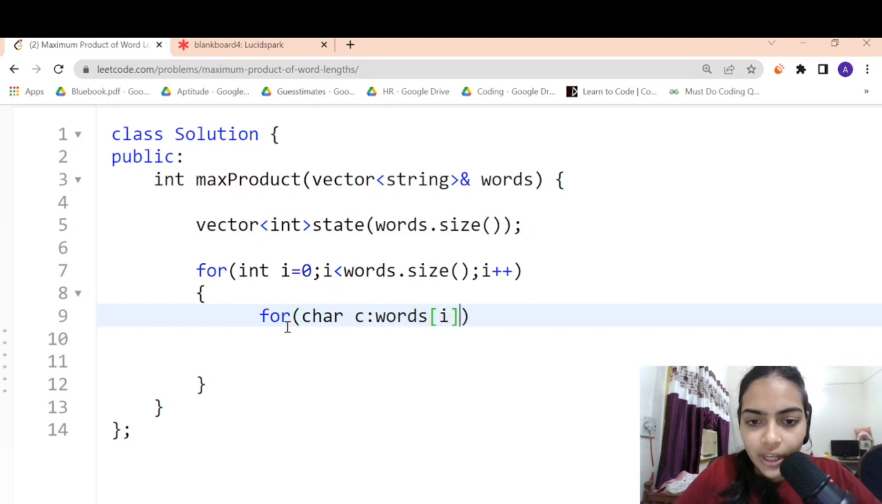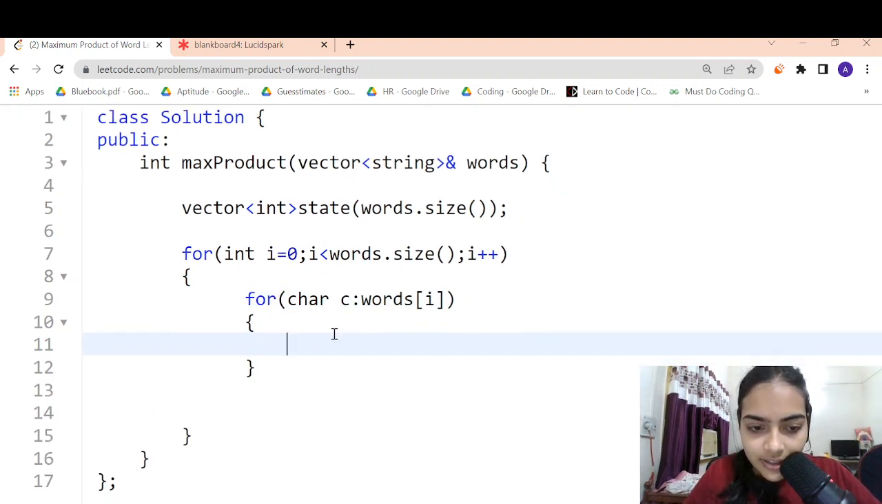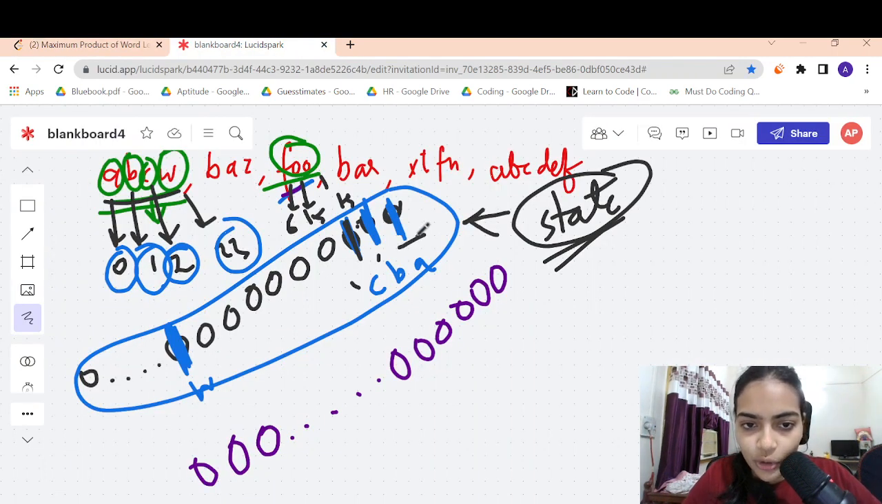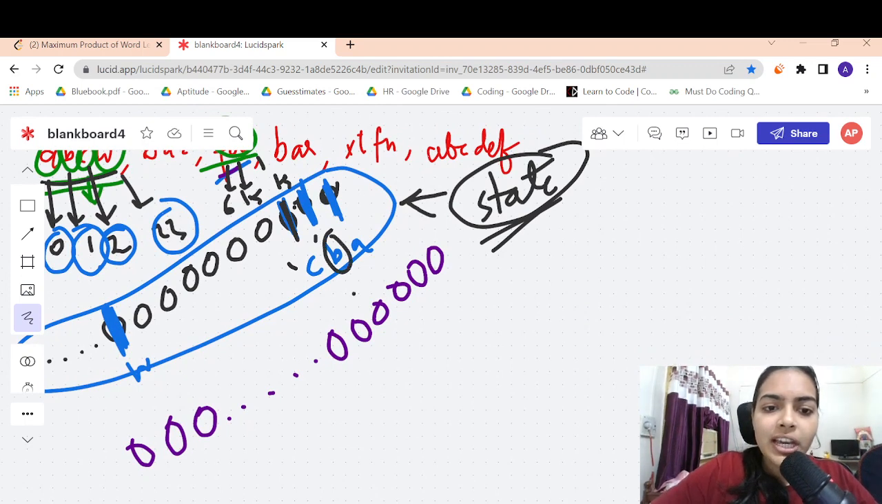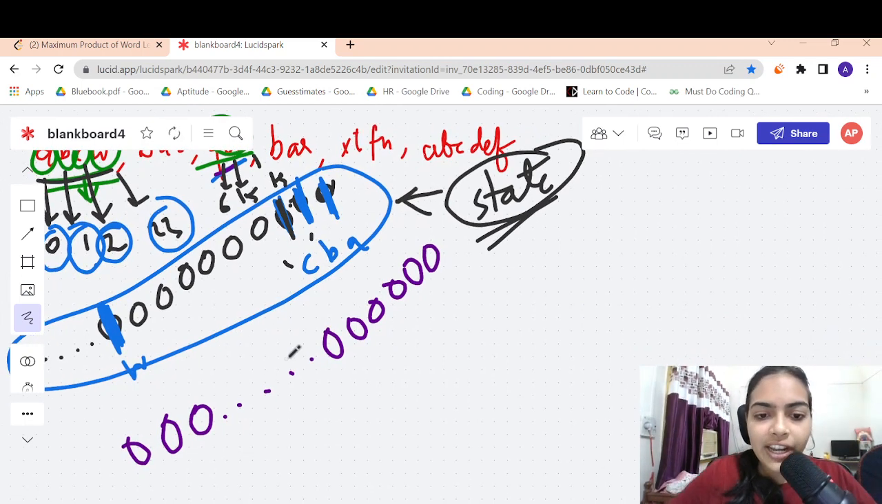What I'm going to do, suppose the character is A, then at the end I'm going to mark it as 1. If the character is B, that means I am marking this as 1. So what I'm doing is just left shifting. B corresponds to 1, right? So if I left shift